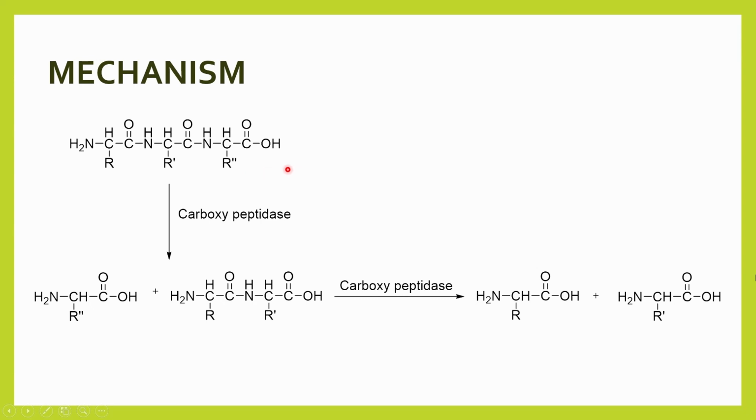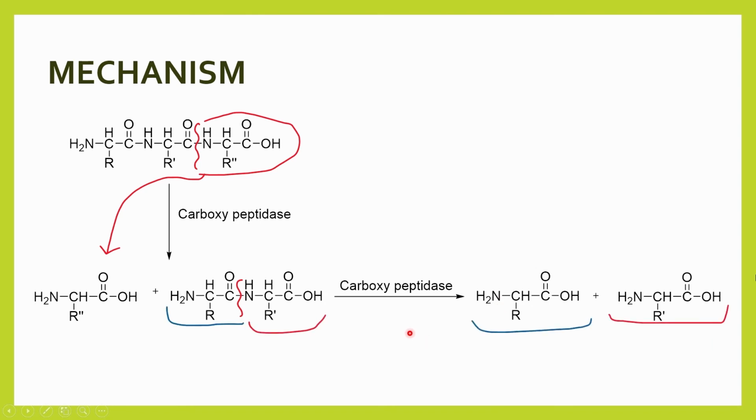So this enzyme would selectively cleave the amino acid which has a free COOH group, and this way it would come out and leave the degraded peptide chain as it is. Now if we again use this enzyme, it would again cleave the amino acid having the free COOH group, thus resulting in 2 different amino acids, because instead of a polypeptide we only took a simple